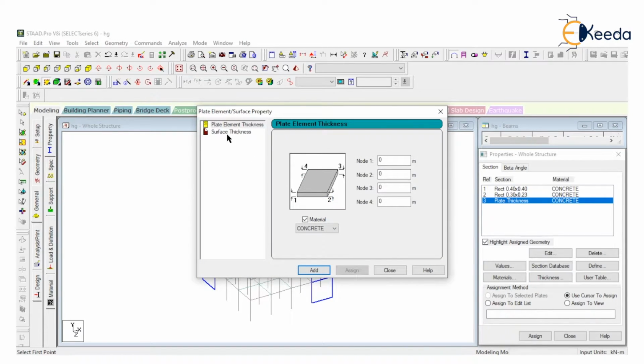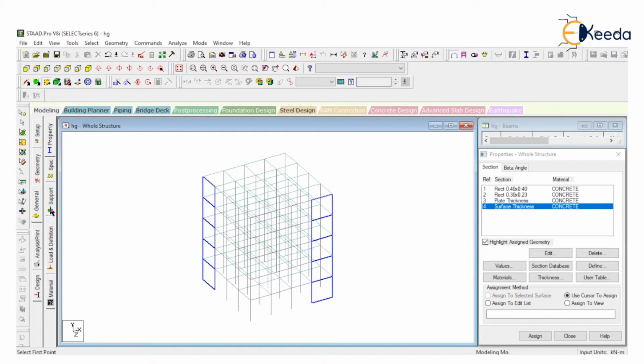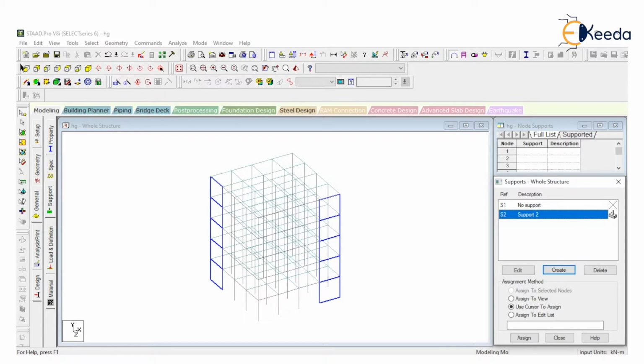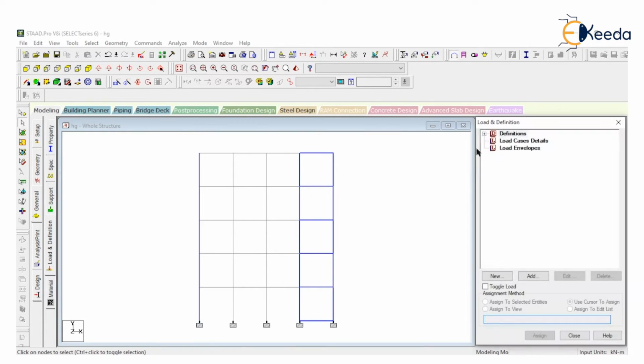Just go to thickness, surface thickness and provide as 0.2 meter, add and close. Go to the support, create, fix the support, and we need any one of the horizontal force. I am providing seismic,